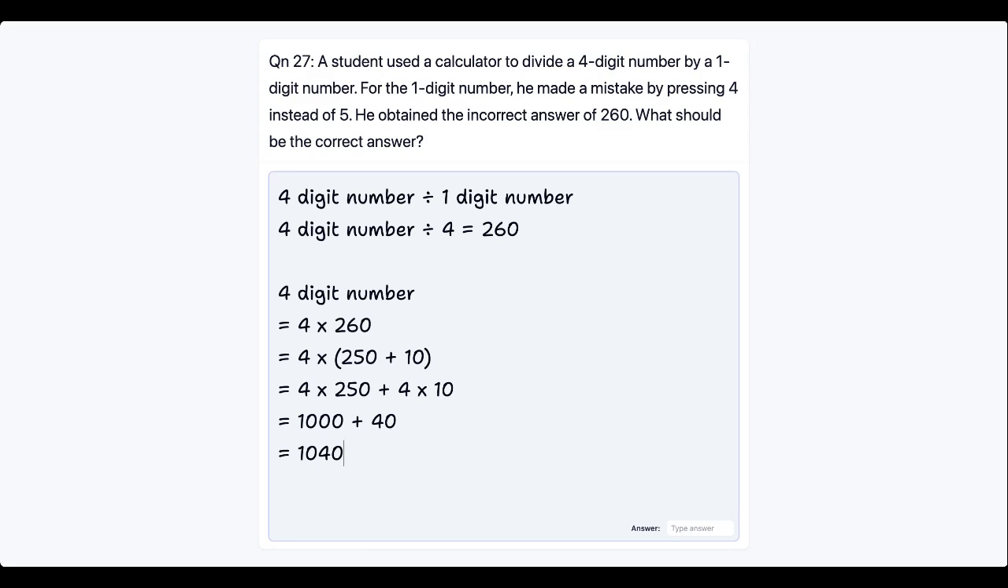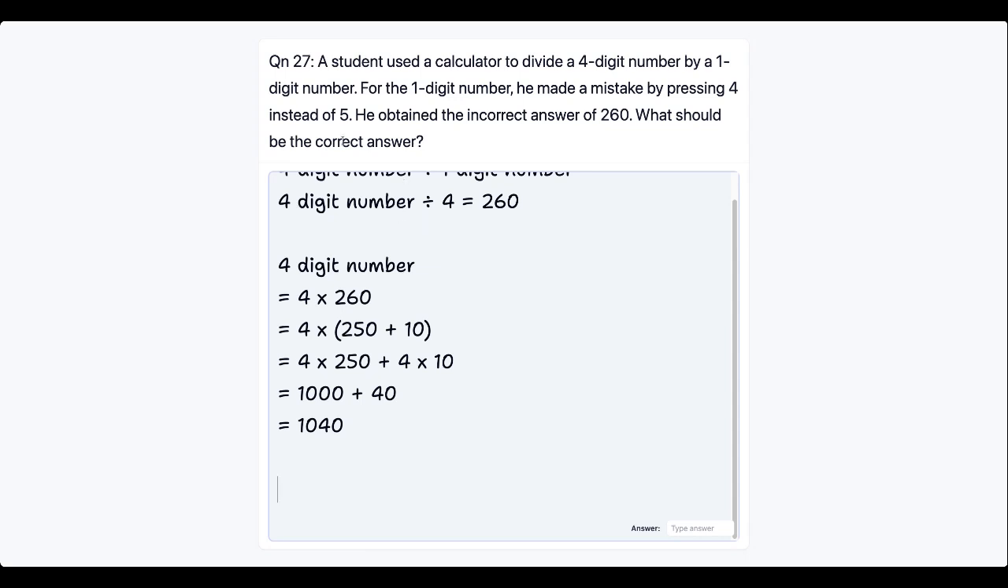So double check your calculation for this, so at least you know this is correct. But if you want to use my way, which I think is a little bit simpler, then go ahead. So now we know that the 4-digit number is